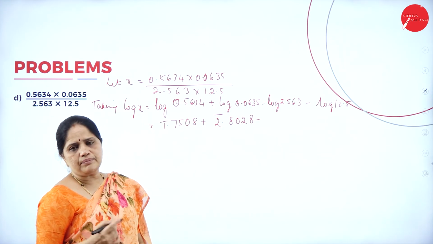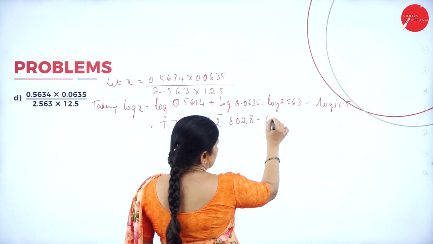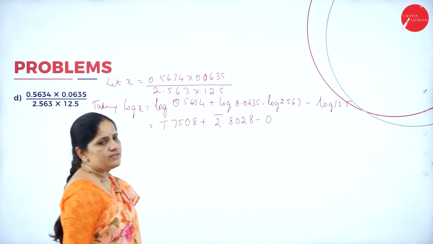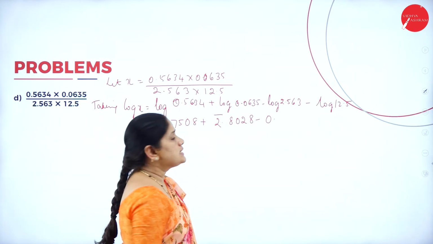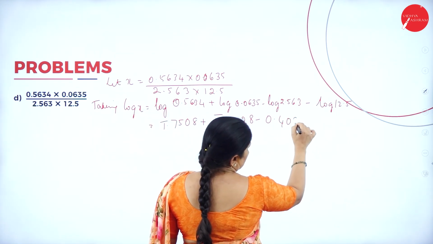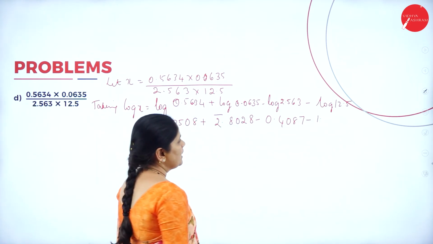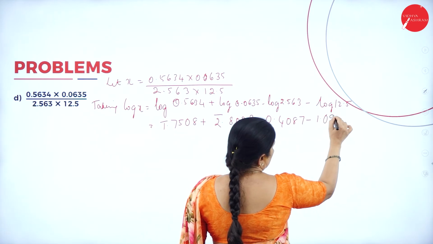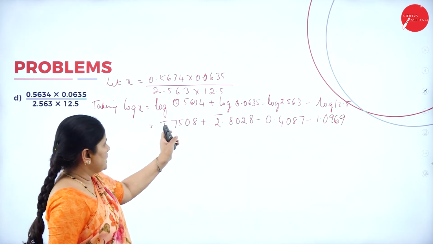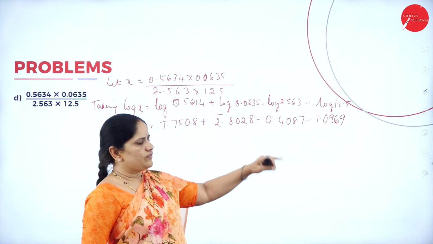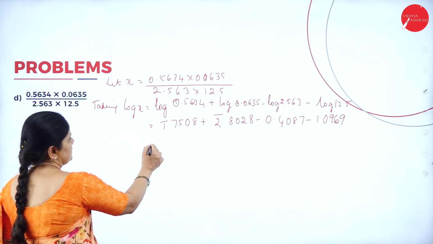2.563 minus 1 is 1. 1 minus 1 is 0. Now 2563. Let me see what is the value of 2563. 4087 minus 1 point. So 125 is 0969. Now there are two decimals. There are 1 bar, 2 bar, and then we have this. So when we simplify all this, I will get